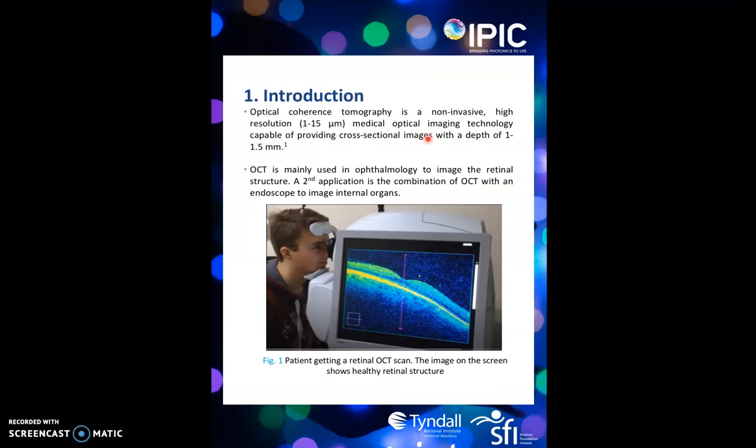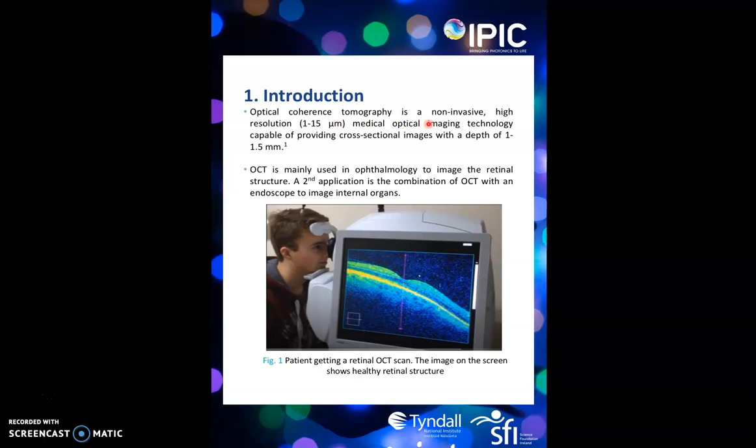So think about the following situation. You have a visual impairment, you go to an ophthalmologist, and he or she tells you that you may have a problem in your retina. How would you be able to see this? Well, how would you be able to see this if your retina is approximately 25 millimeters in depth beyond your cornea? For this purpose, there is a technology called Optical Coherence Tomography, which is a non-invasive, high-resolution 1 to 15